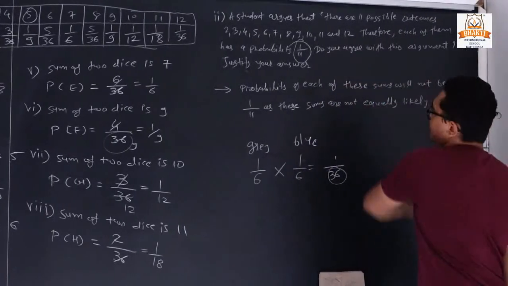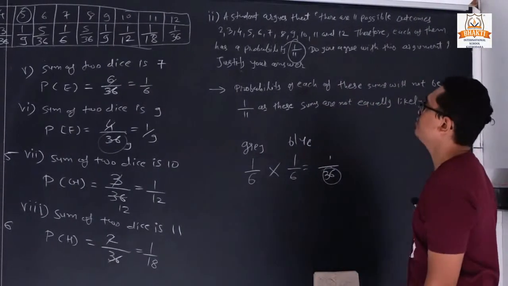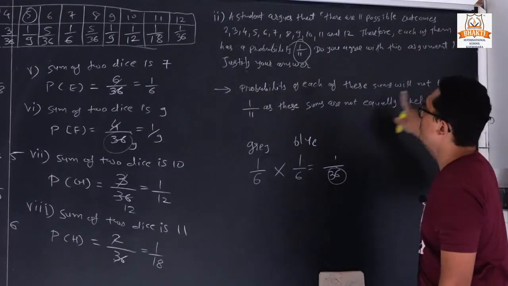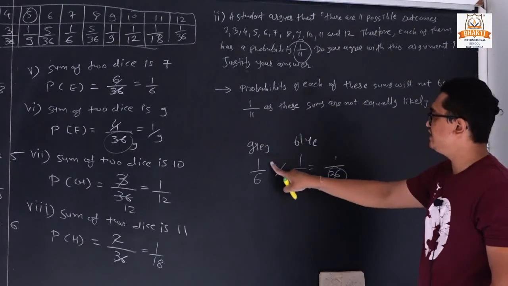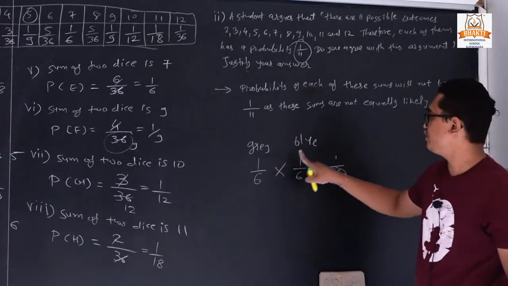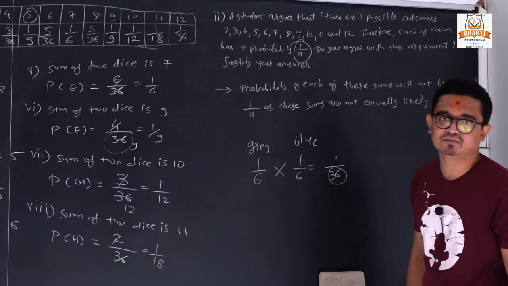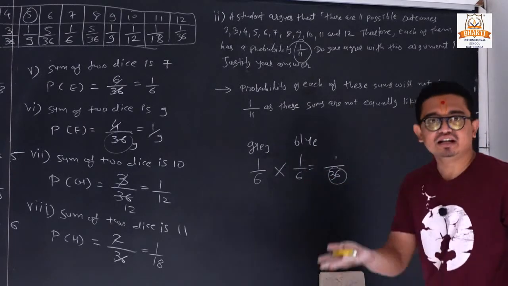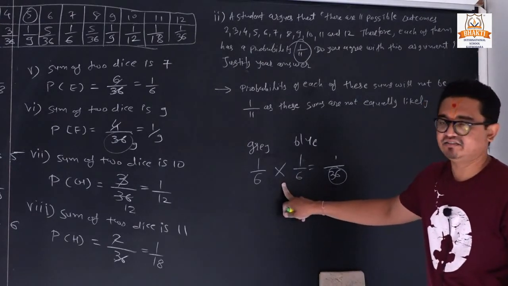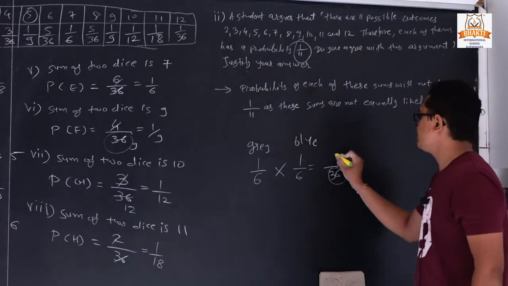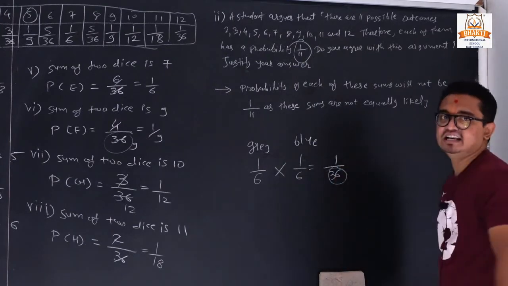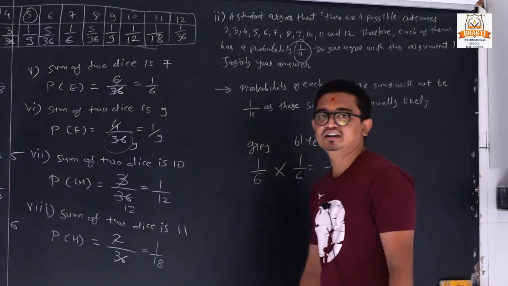So do you agree with this argument? No, we don't agree with this argument. So how can we justify it? We can write the sentence. The probability of this sum will not be 1 upon 11. We can define that we have 1 dice, it is blue, so its possibility is 1 by 6, and for the other we once again have 1 by 6 possibility. So here 2 dice are thrown at the same time, so we are multiplying. It is also called a joint event. Clear? So the total possible outcome probability is 1 upon 36. So the sums are not equally likely events. So that was our question number 22.